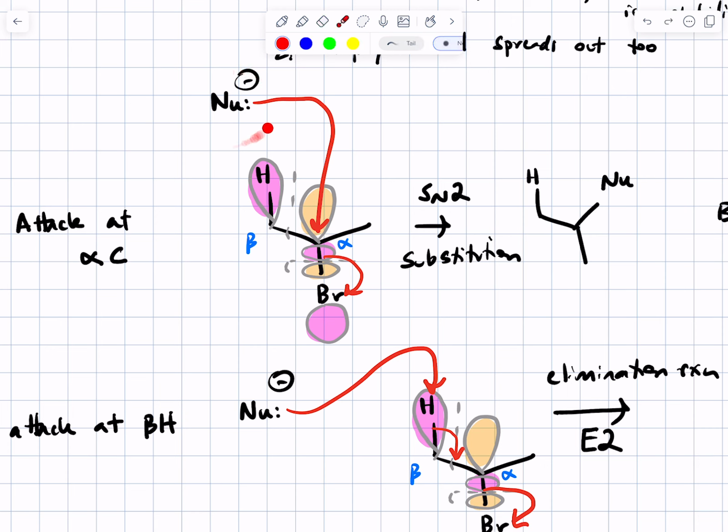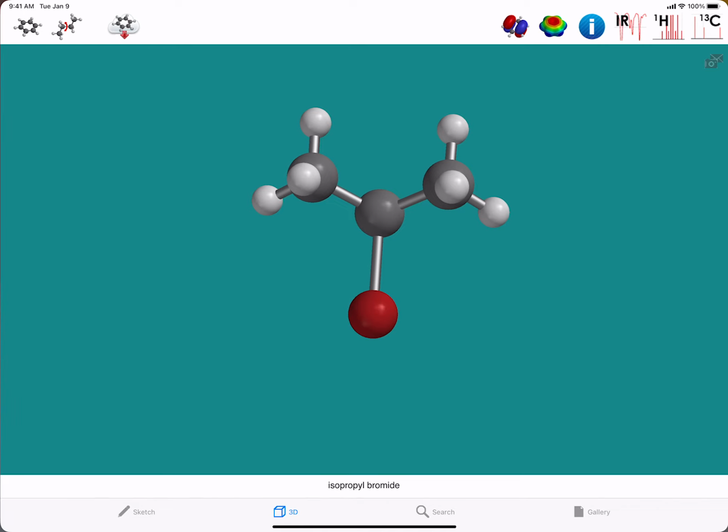There are attributes of the nucleophile that will prefer substitution versus elimination. There are also attributes of your alkyl halide, the thing that has the leaving group, that will,